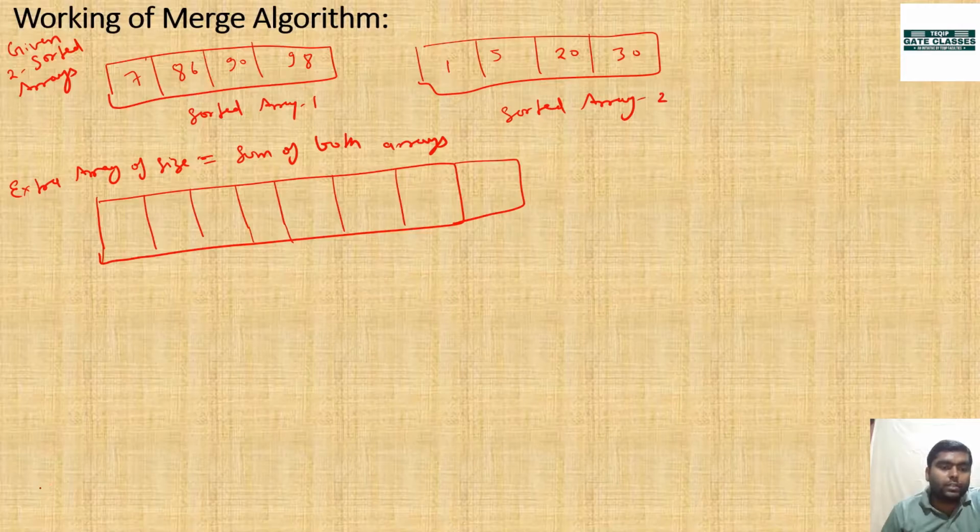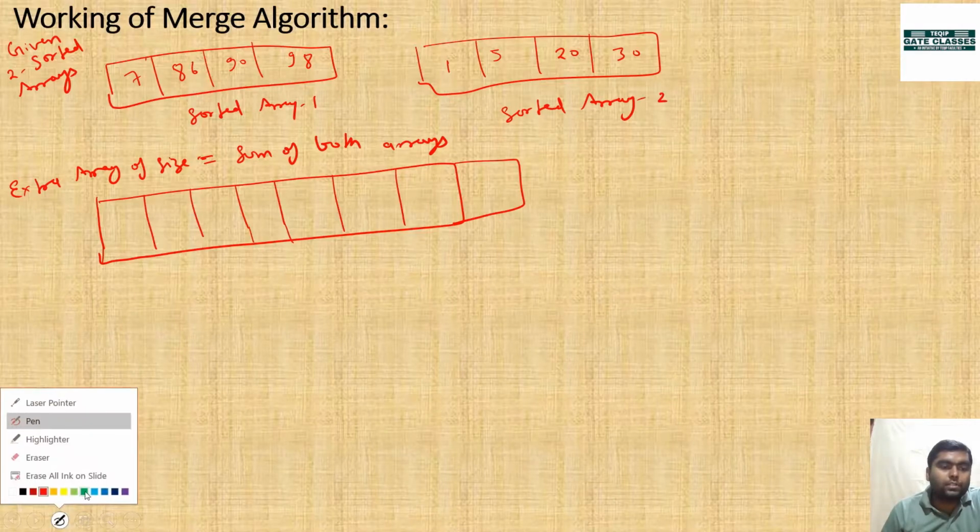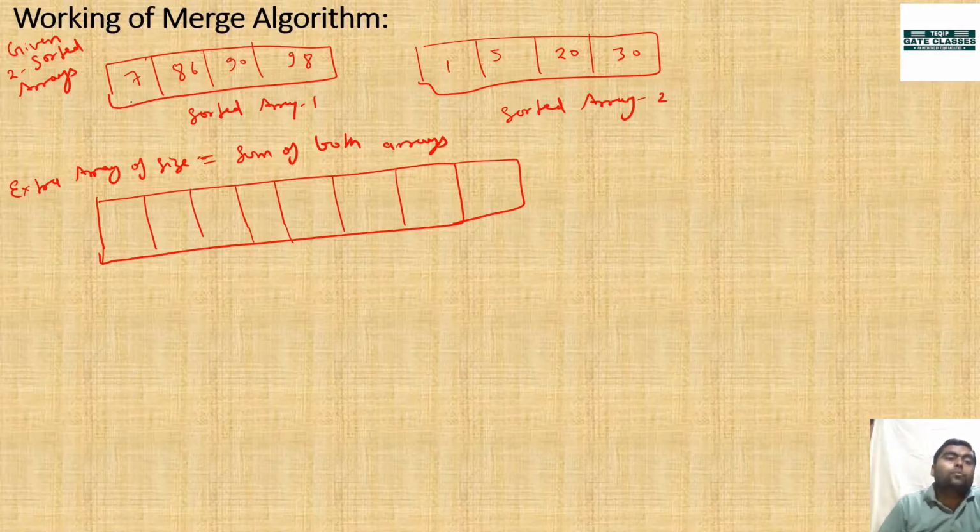Observe very carefully how the merge procedure is going to work. तो merge क्या करेगा? पहले इन दोनों पे हम पॉइंटर सेट करेंगे और इन दोनों को कंपेयर करेंगे. जो भी इसमें स्मॉलर होगा उसको हम यहाँ पेस्ट कर देंगे. So 1 will be pasted. Just move it. Next 5 and 7. 5 will be pasted. Fine, just move it.